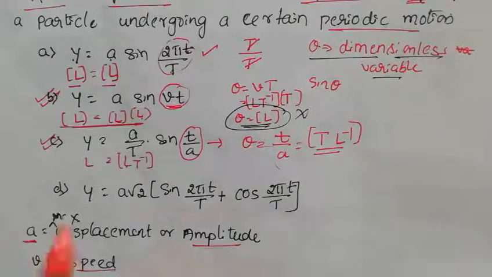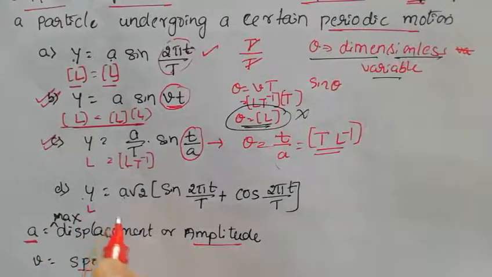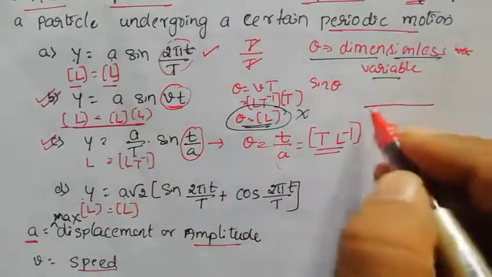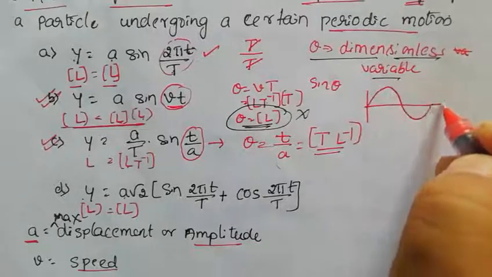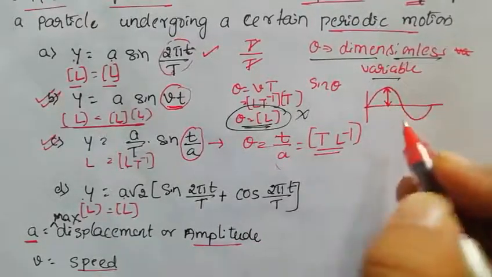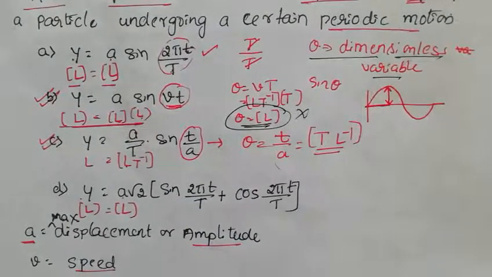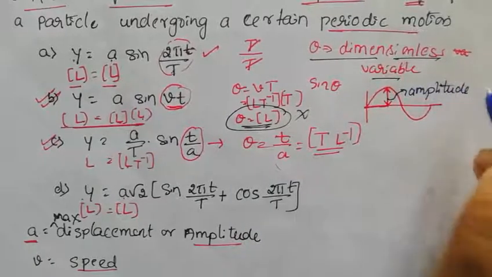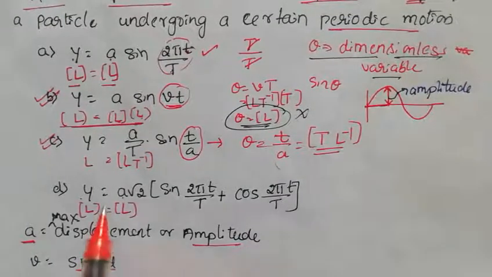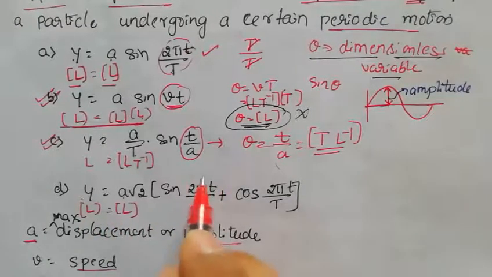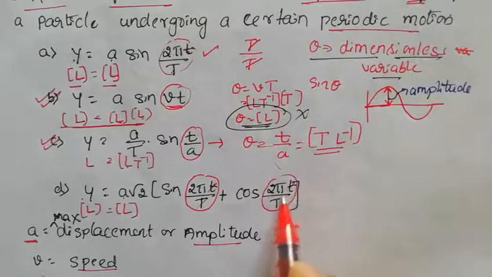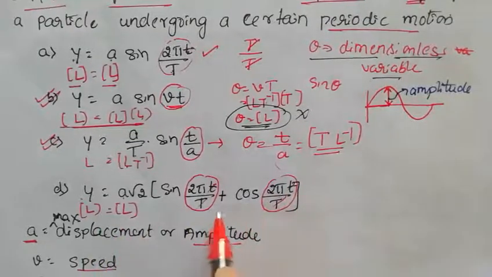Now look at the last equation. y has dimensional formula L, and A, amplitude, has dimensional formula L. Amplitude is nothing but, students, if I take a wave, if the wave is traveling like this, the maximum displacement of the particle from the mean position is what we call amplitude. This is the value of amplitude. Now in this case it is L and L. Now look at this quantity, it should be dimensionless. See, time cancelled, dimensionless. So it is a right equation.